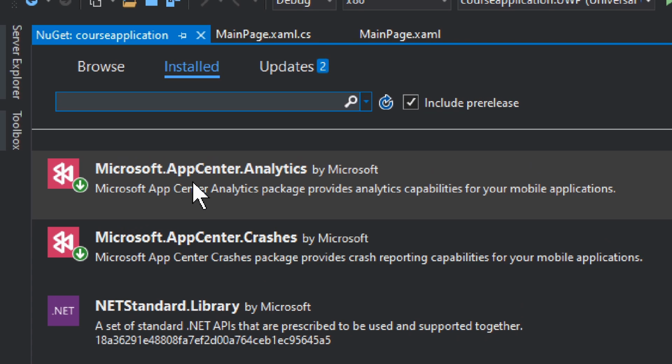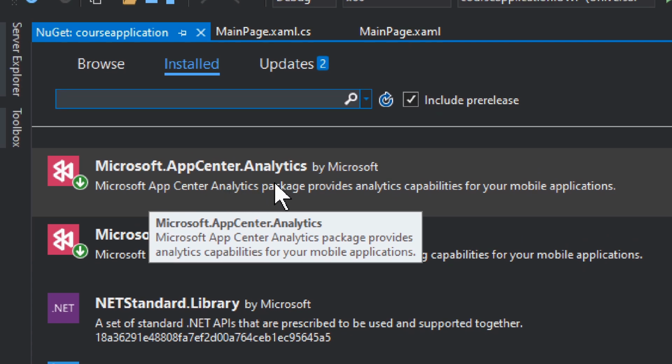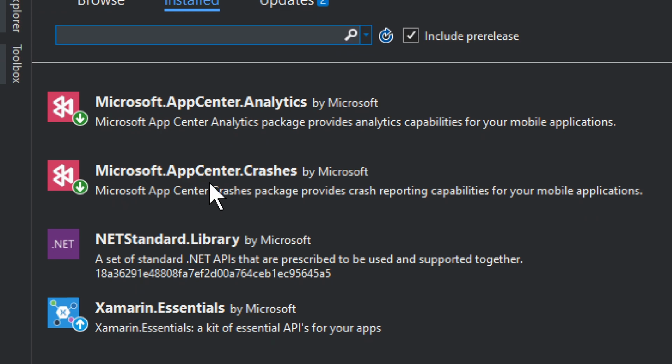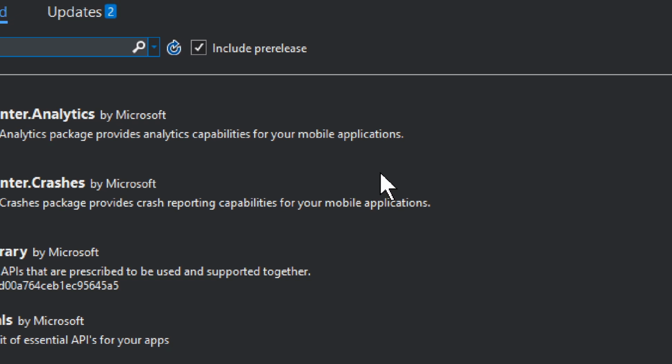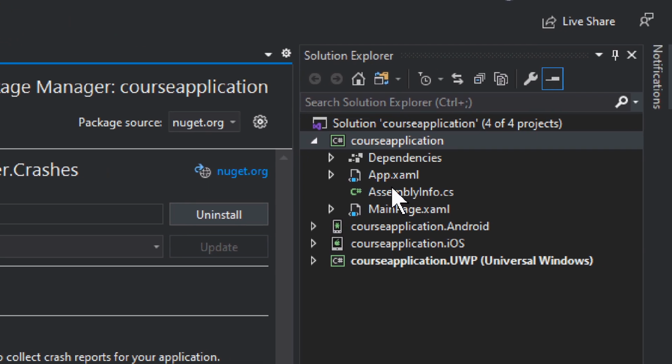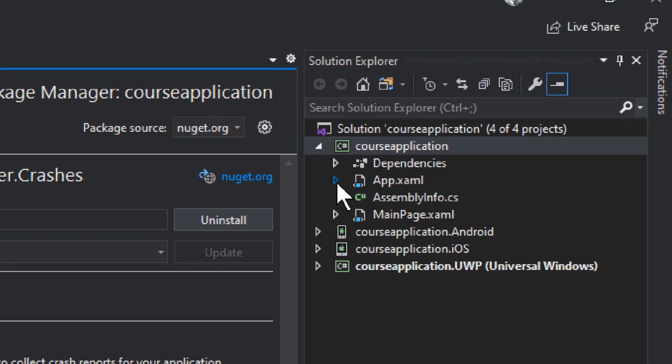See, we have Microsoft App Center Analytics. Microsoft App Center crashes. So I've already pre-installed that because it takes some time. It's a nuisance, but we do have that. Now to do the rest, you go to